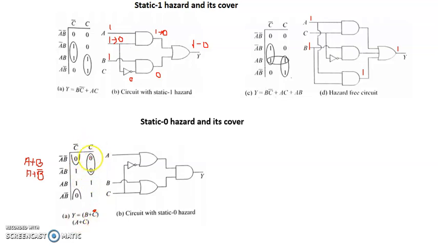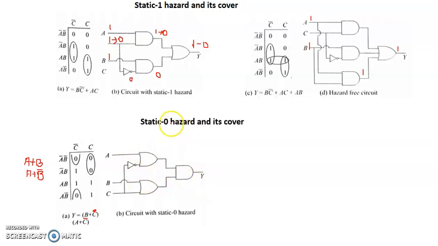Now in this group, what is constant here is A bar. A bar means it is A, plus C, and C means it is C bar. So A plus C bar. Y is equal to B plus C and A plus C bar. We need to realize the circuit for this now. So A plus C bar, and B plus C, and we are ANDing these. So this is our Y.